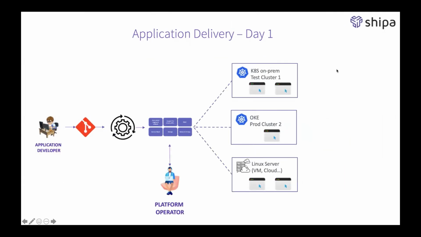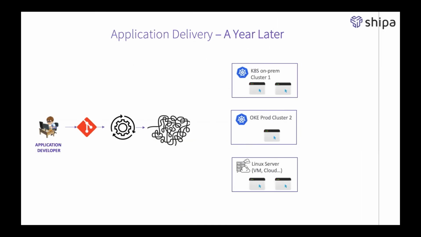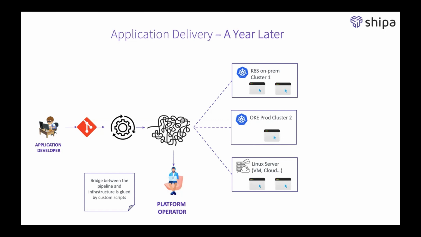On day one, all of this looks pretty good. You deploy your first app. You have your first subset of services. You can see here we just took 3 services, and the developers are pushing the code to Git, and from Git, the platform operator is making all this work and deploying to an on-premise Kubernetes cluster or some cloud cluster with OKE. However, as the number of applications grow and time goes on, in this case here a year later,